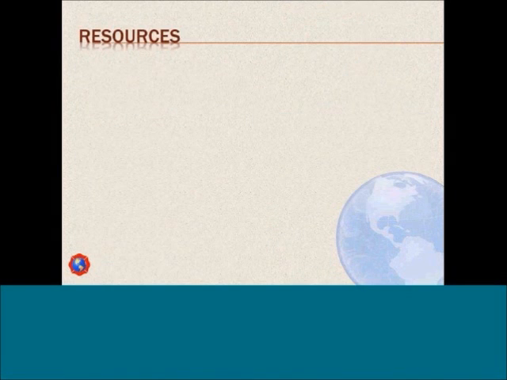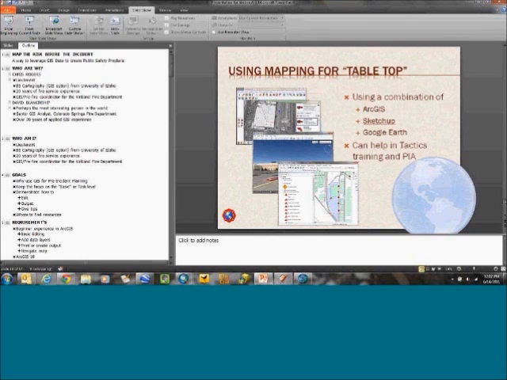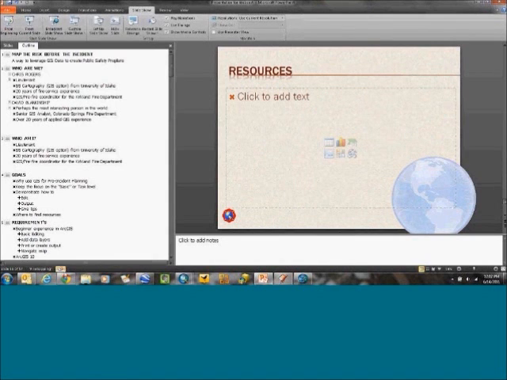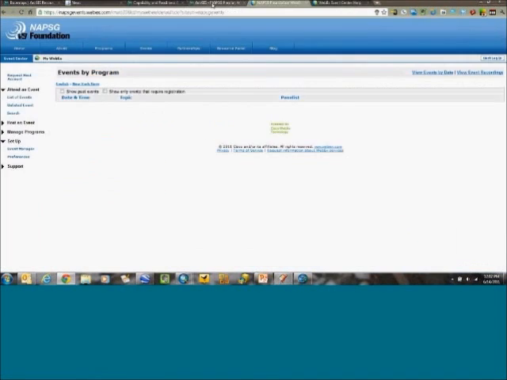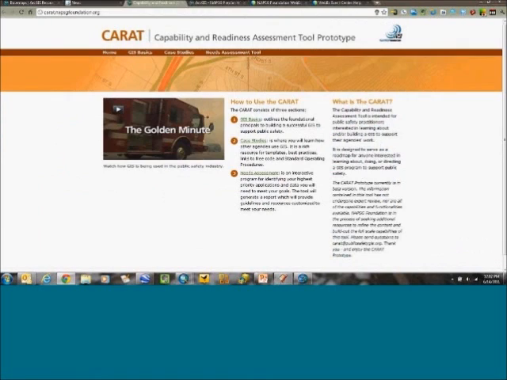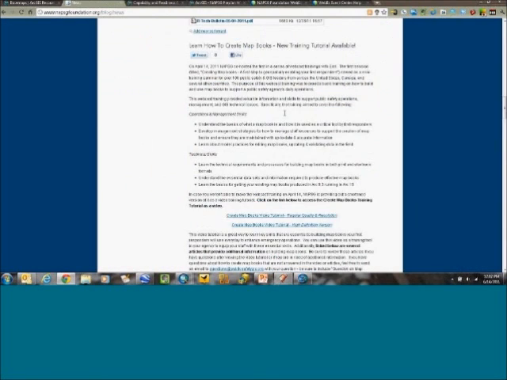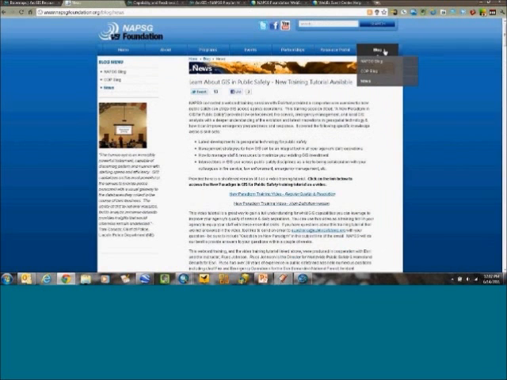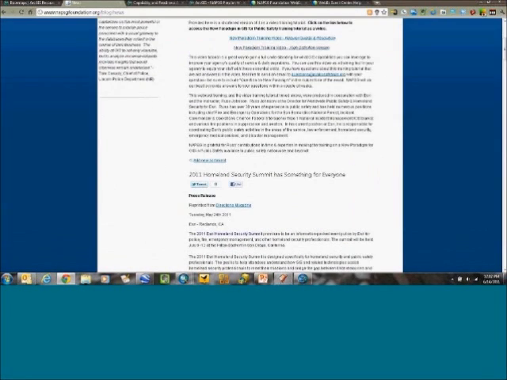So on this, I'm pretty passionate about that. So anyway, some resources. I just want to highlight basically three websites. There's the NAPSG website, and I want to definitely highlight the news section, because that's where we seem to be putting a lot of our